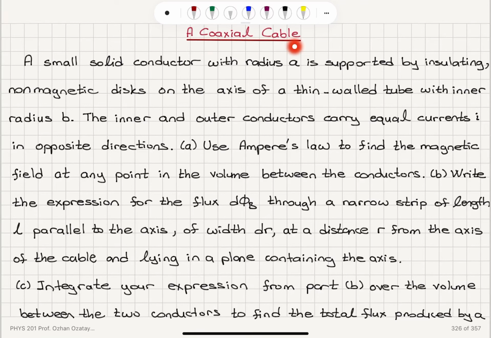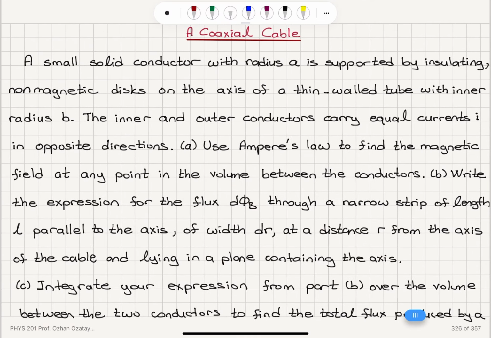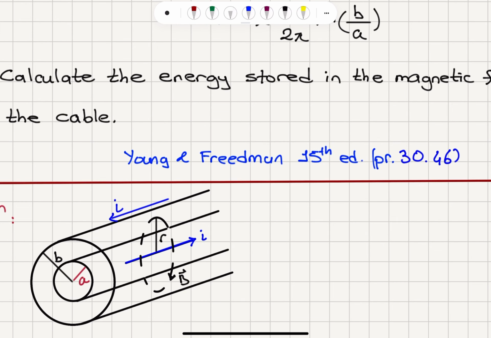A coaxial cable. A small solid conductor with radius A is supported by insulating non-magnetic disks on the axis of a thin-walled tube with inner radius B. So you can see this is the tube and we have the solid conductor with radius A. The inner and outer conductors carry equal currents I in opposite directions. So the current flows here in this direction and then the current flows in the inner conductor in the opposite